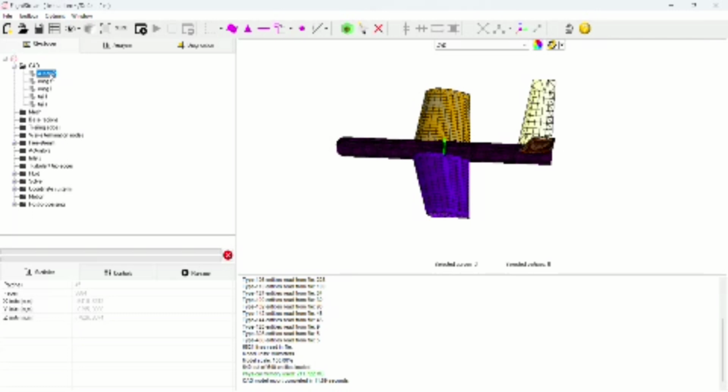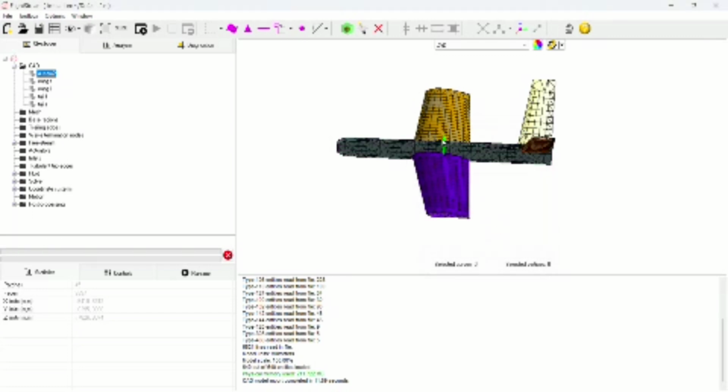We'll also rename the fuselage. Once it is done, again we'll go to the same option, type in 0.04 and execute it. Yes, so we have a fully meshed